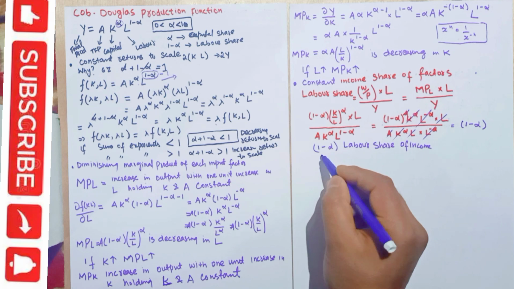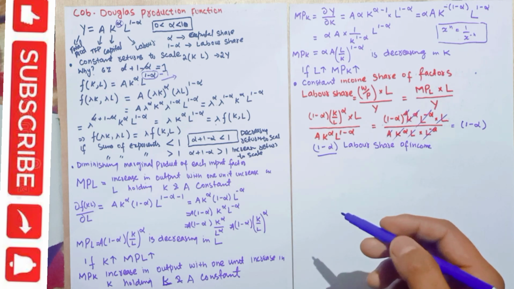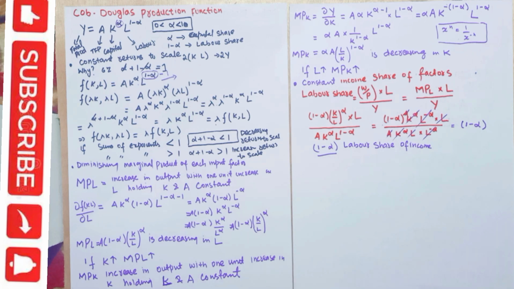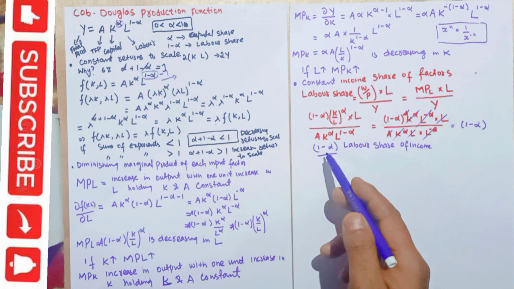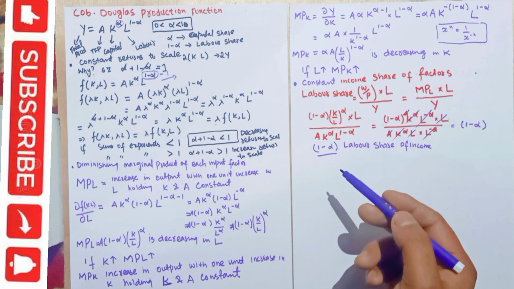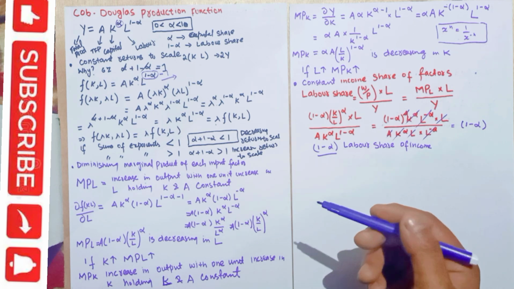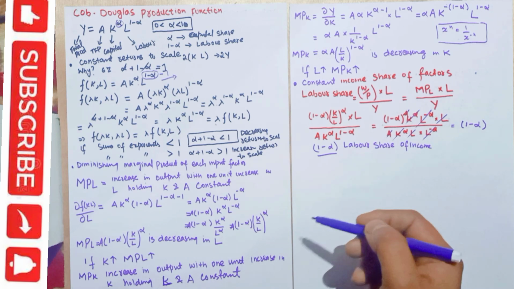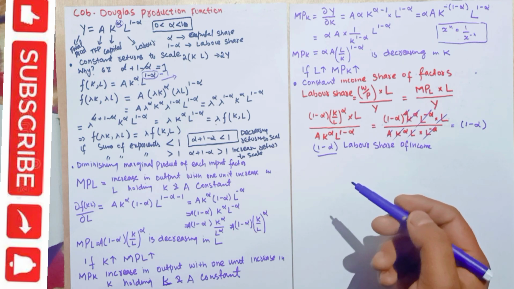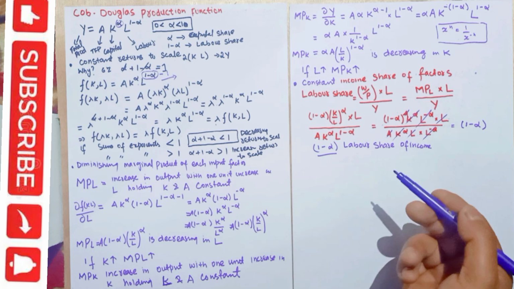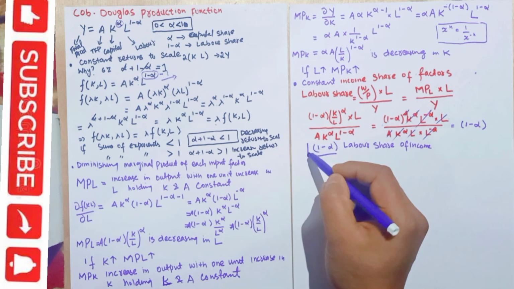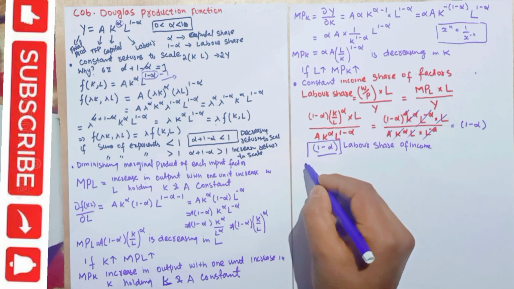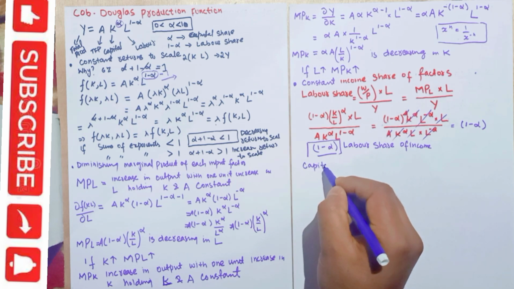It is constant. It does not depend upon the level of capital or labor. So this is a constant term. Also, it is the output elasticity of the labor. How much our output will increase when we increase the labor. So this value is constant. Coming to the capital share now. Capital share